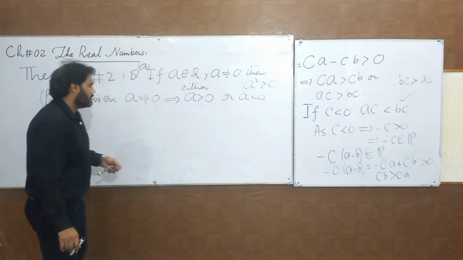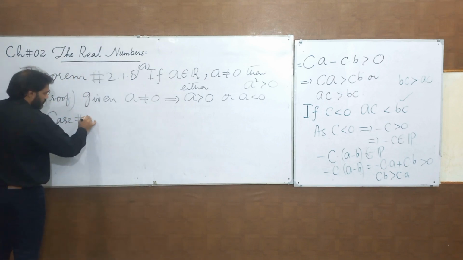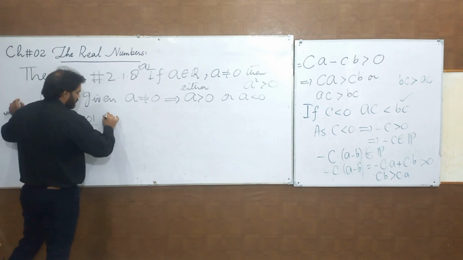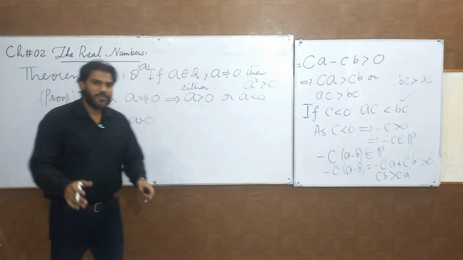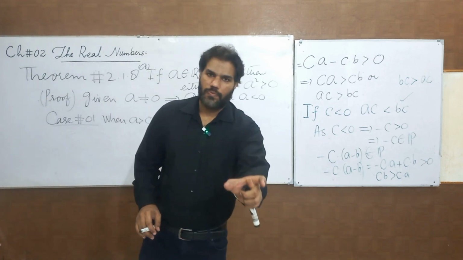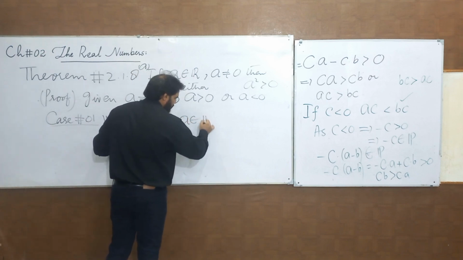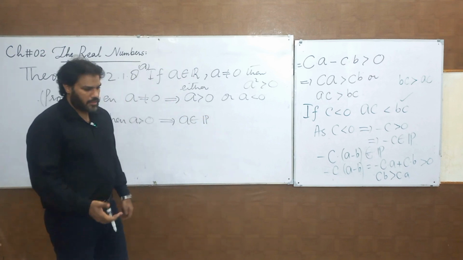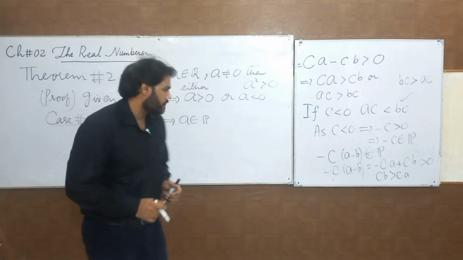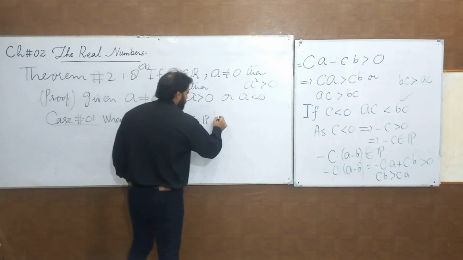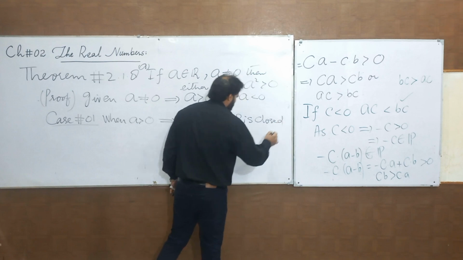Firstly, we consider the first case, case number 1, when A is greater than 0. When A is greater than 0, it means A is positive. A is positive means A belongs to the set of positive real numbers P. This shows A belongs to P. If A belongs to P, then it is clear that P is closed under multiplication. So as P is closed under multiplication,